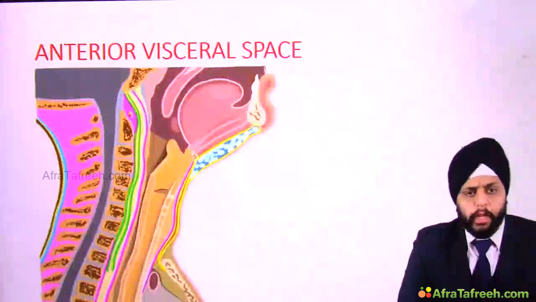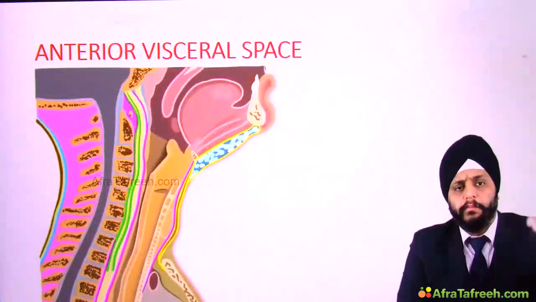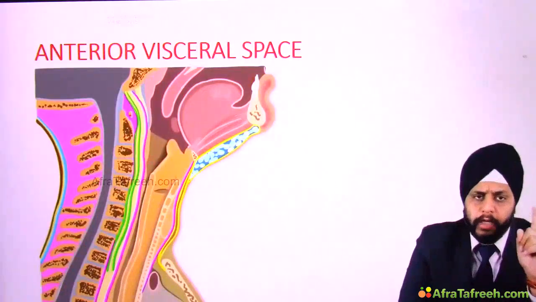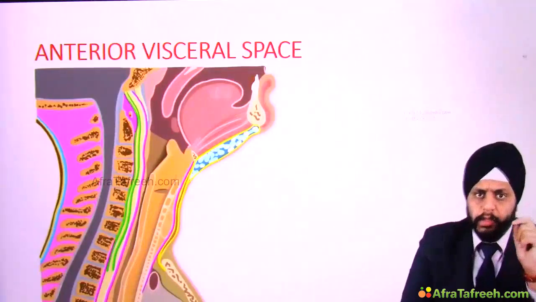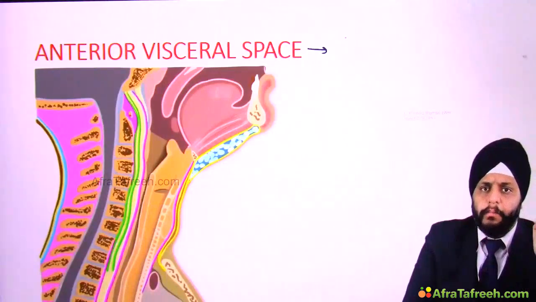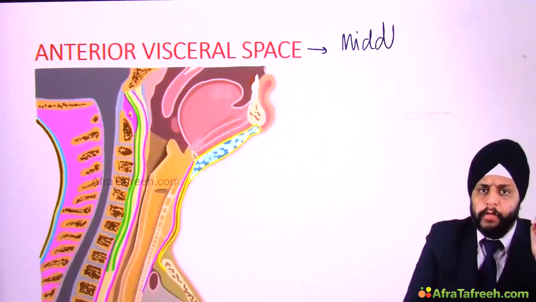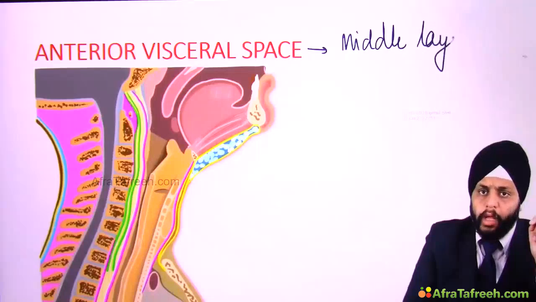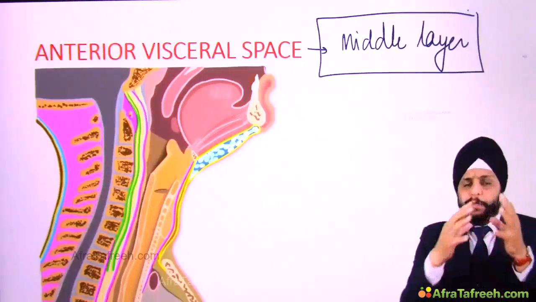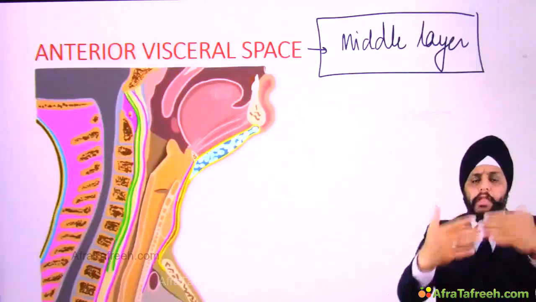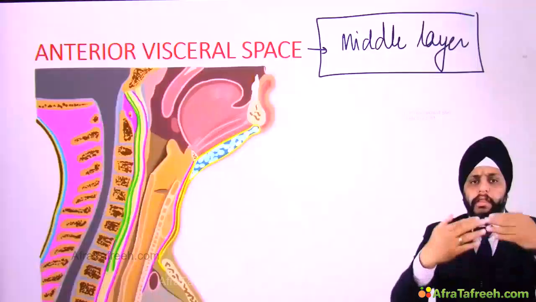Now, let us go ahead and discuss the space below the hyoid. So below the hyoid, we had only one space, that is the anterior visceral space. Now this, remember, is the middle layer of deep cervical fascia. Now this middle layer of deep cervical fascia had two parts, the anterior part, the muscular division, and the visceral